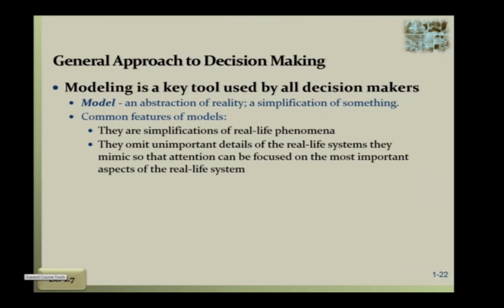Using a model. A model is an abstraction of reality. You can have a mathematical model to simplify real world interactions. So we use a lot of models, like the inventory model and the forecasting model, and the model helps us to make decisions even before we start the production.